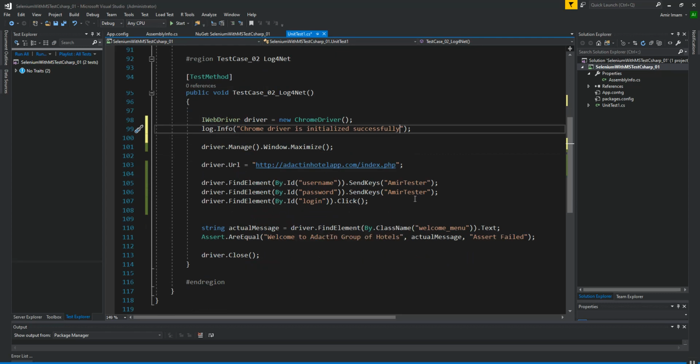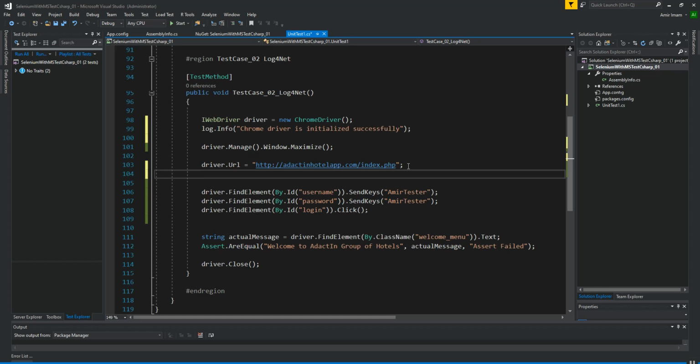Then I'm going to use log.info for application URL, or you can say application URL open, and you can put the URL as well in the logging.